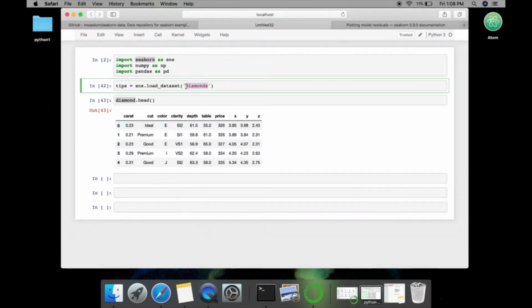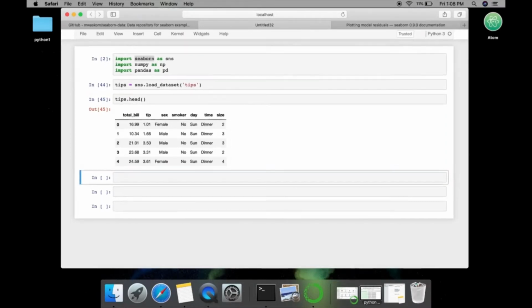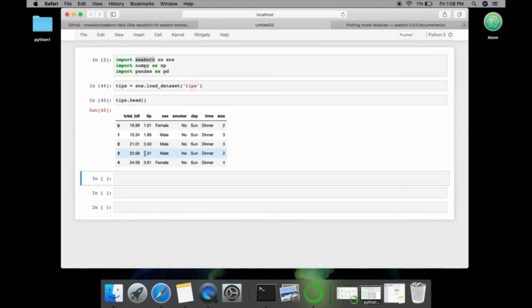In tips we have different ones. So here just change this diamonds into tips, and here tips also. Now if you print the head, you will have this data set here in which we have total bill, that is the bill paid by them in any particular place they are. Then we have the tip, maybe they provide to the waiter, etc. Then we have their gender here, they are smoking or not, the date, that is weekday, the time and the